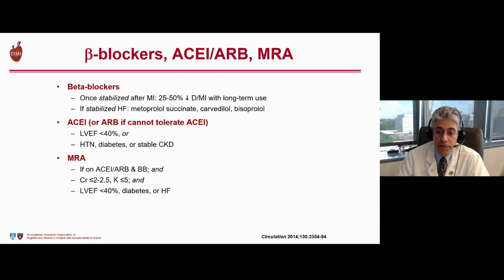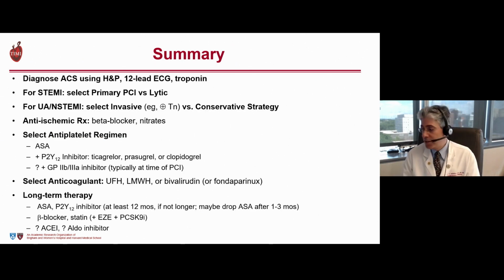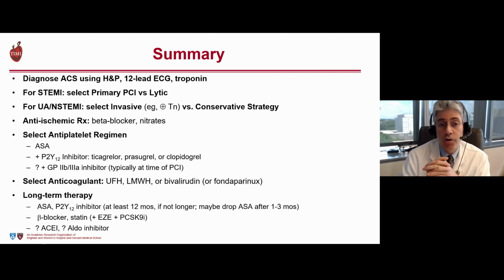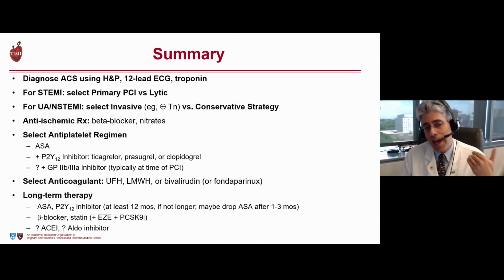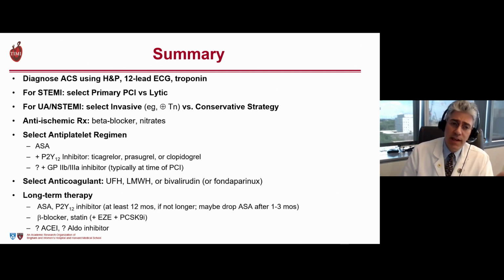or clinical heart failure. So to summarize, to leave a couple minutes for questions, you diagnose ACS using history and physical, 12-lead ECG and troponin. For STEMI, the issue is typically going to be primary PCI. For unstable angina or non-STEMI, you're going to choose between an early invasive approach, typically in the troponin-positive patients, versus a conservative strategy. You'll treat your patients with beta blocker and nitrates. You're going to pick your antiplatelet regimen. We're going to start with aspirin and add a P2Y12 inhibitor, preferentially one of the more potent ones, ticagrelor or